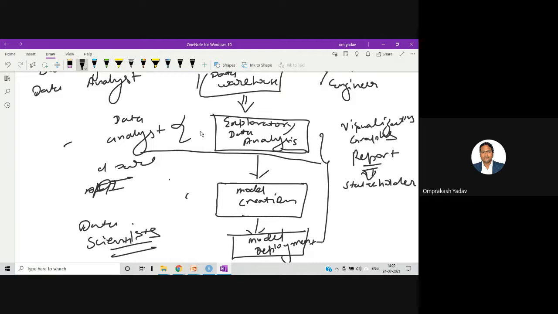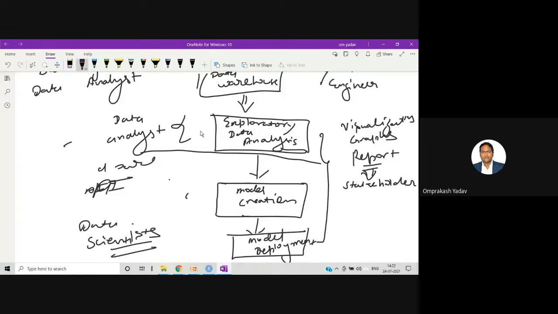And if the accuracy is not proper, then he may revert back to the upper layers, right? There might be some problem in the data gathering, or some waste data is being collected, or the features which are selected for the training purposes might not be proper. So a lot of things may be the issue over there, and they will be able to resolve it. They will again train the model, they will again check the accuracy.